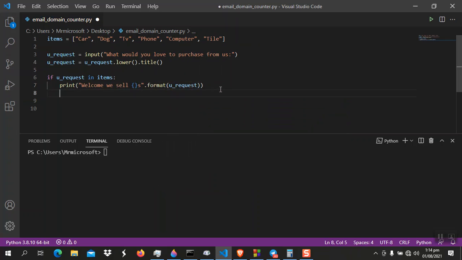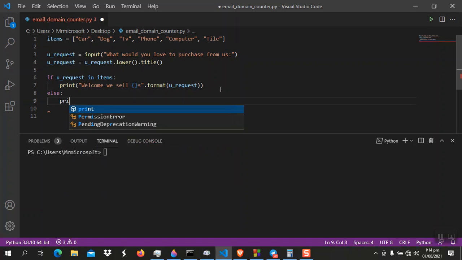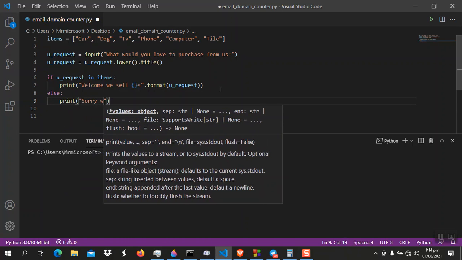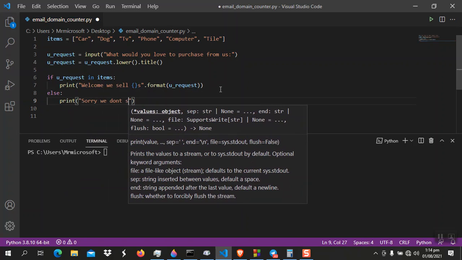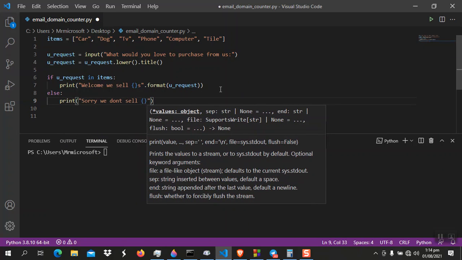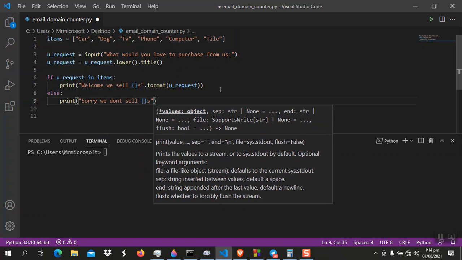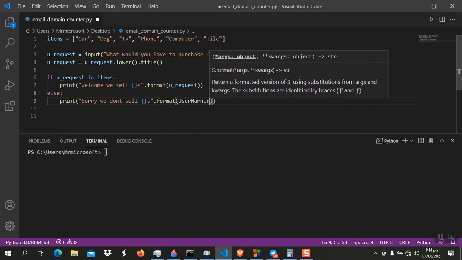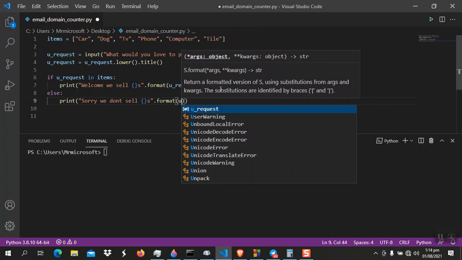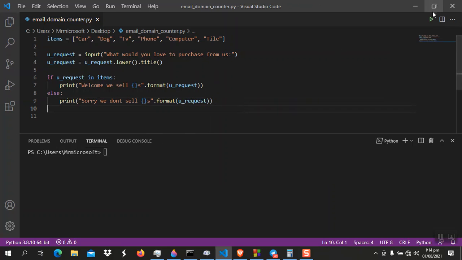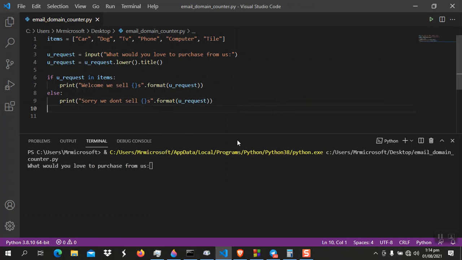Now else, if we don't have it, we tell him or her, print sorry, we don't sell, with an s added to it. We say dot format, user request. Now here is an example. We just tell the user. Now let's see how it works. If the user enters car,